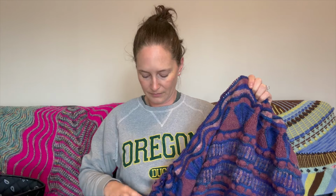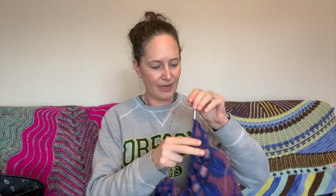What else to say? I don't know. It's getting big. I really cannot wait to see what it looks like, but right now it's staying on these needles. When it's really bunched up, I do have some space still, but as you're knitting it, it just feels like there is not enough room on this 40-inch cable. So luckily the stitches are not